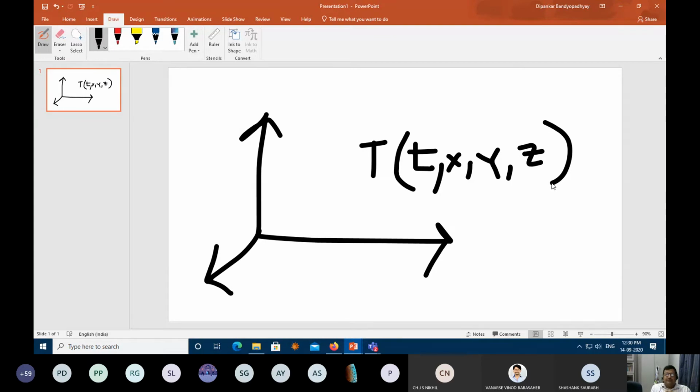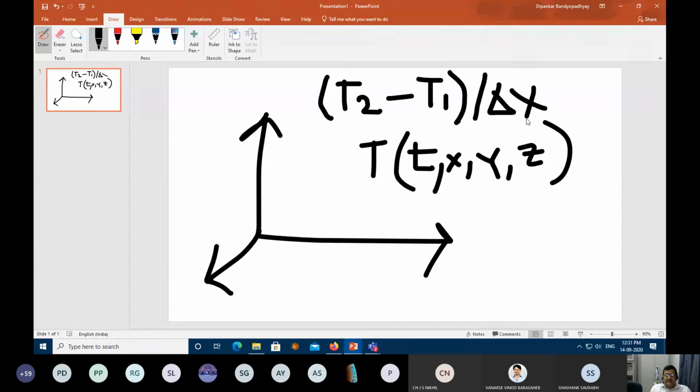And you remember that we were talking about, say suppose, the heat will flow when there is a temperature gradient. So we were writing T2 minus T1, and then we were dividing this by delta X. This is a very gross piece of information. Now if I am expressing this in a differential form, how am I going to do it? I'm going to write it as dt by dx. This is a differential one-dimensional form.